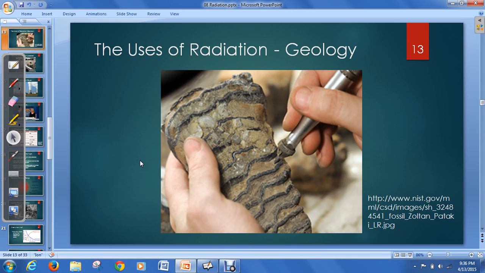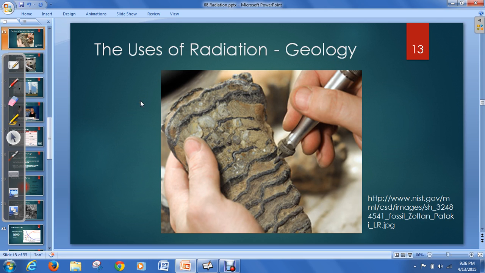And in the last podcast, we looked at how radiation works and some of the types of radiation. In this podcast, we want to look at the different uses and some of the dangers of radiation. Okay, but to start off, one of the first uses of radiation is actually in geology, and it's called carbon